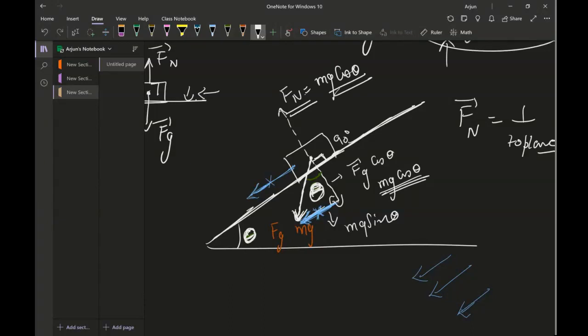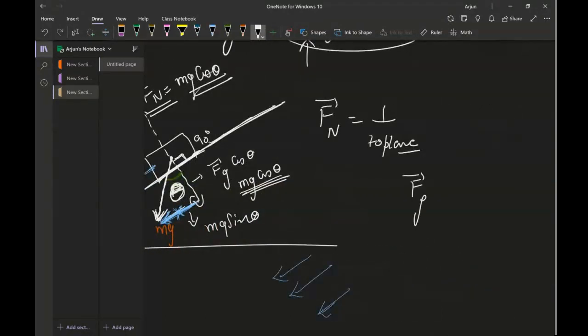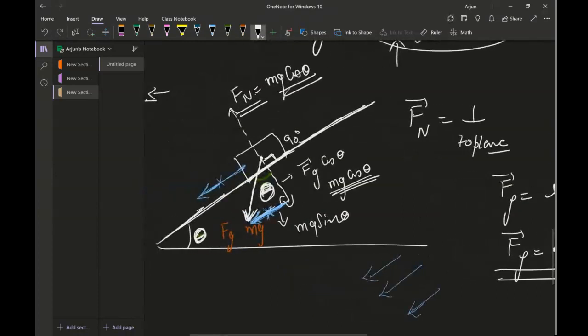and then force of friction will be equal to mu mg cos theta, and that's what we said. Force of friction was equal to mu mg, or we wrote it as force of friction equal to mu Fg. That's what the force of friction was. That was on a horizontal plane. Now this is on an inclined plane, so being on the inclined plane, there is cosine theta which is added